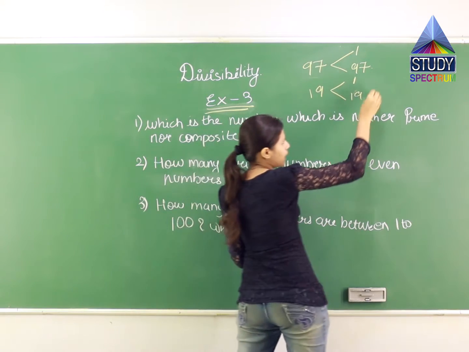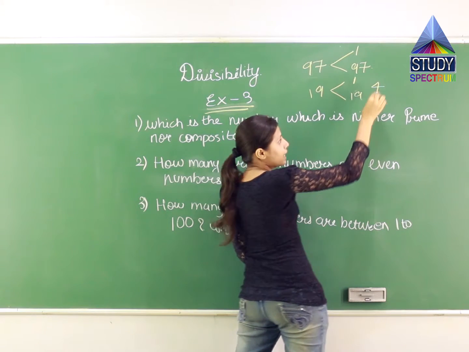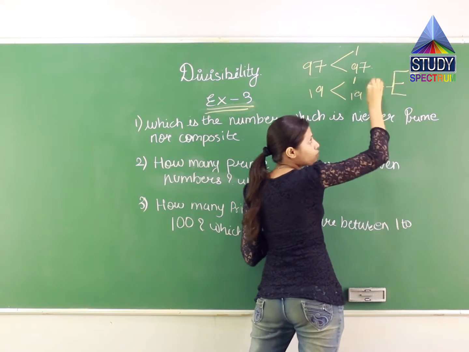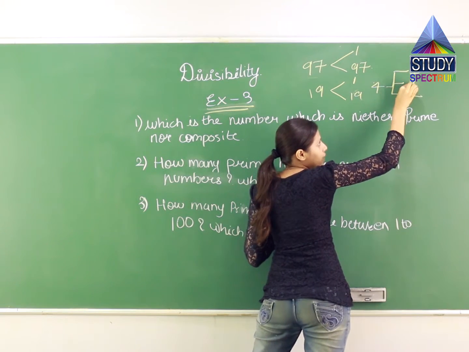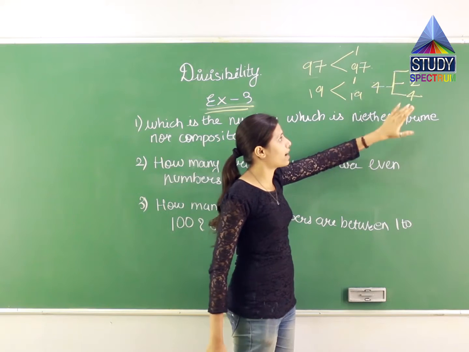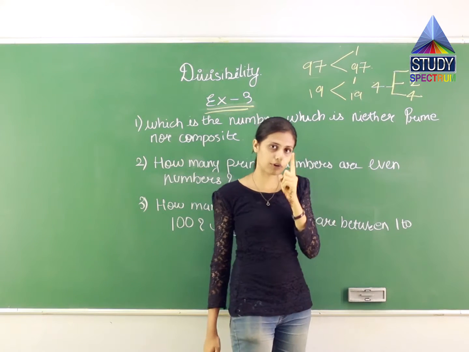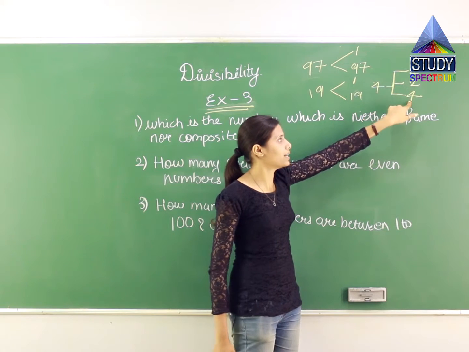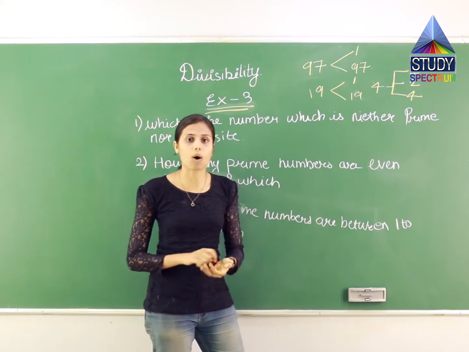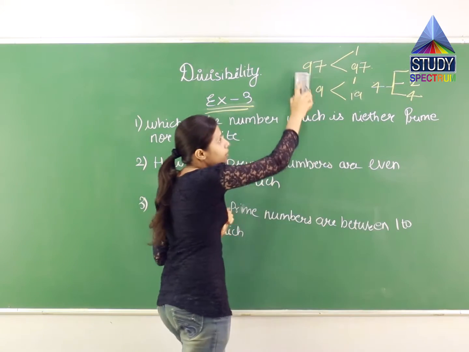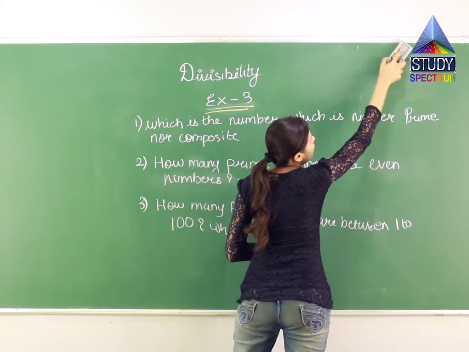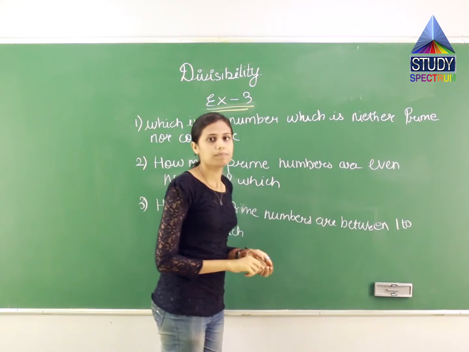For example, if I say 4, tell me what are the factors of 4. One is 1, one is the number itself, 4, and one is 2. So can you see over here it has how many factors? 3 factors or 3 divisors, which is 1, the first natural number, the number itself that is 4, and one more factor, 2. So this is what a composite number is. So now we are clear with what are prime numbers and what are composite numbers. Now we will move on to the exercise, that is exercise number 3.